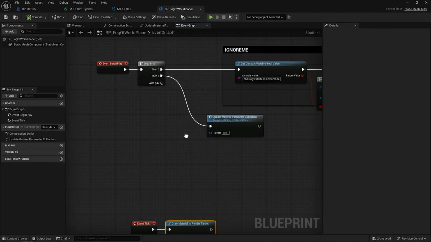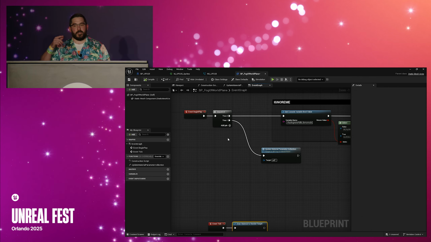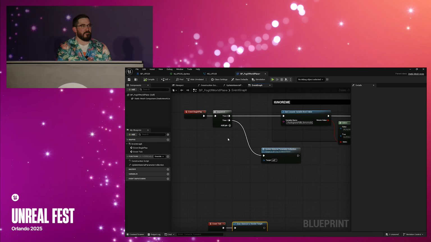And now here's the thing about this. When we do this draw material to render target, that renderer doesn't know anything about the world of the main view that you're rendering. It only knows I'm rendering this material to this quad and that's it. So it doesn't know the camera vector. It doesn't know world position of the thing that you might be sampling it from. So we have to transform the 0 to 1 values of that quad